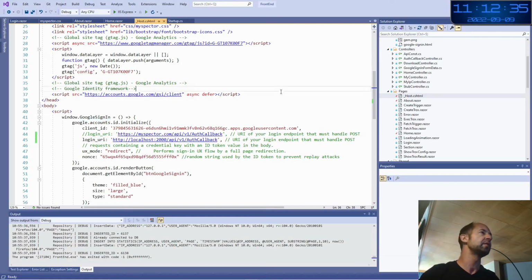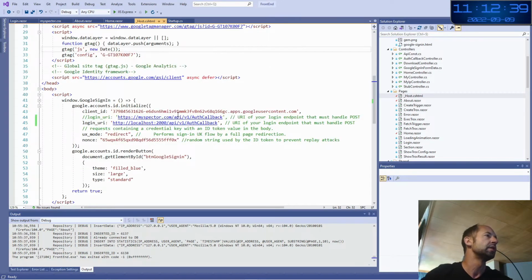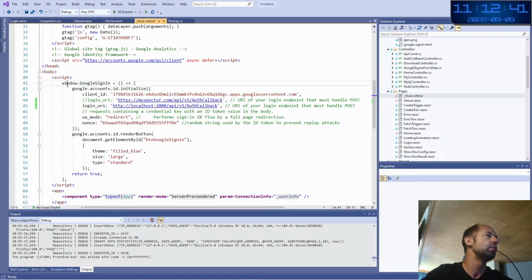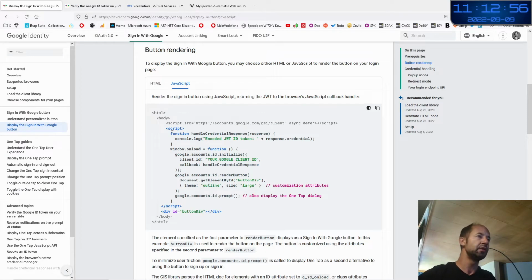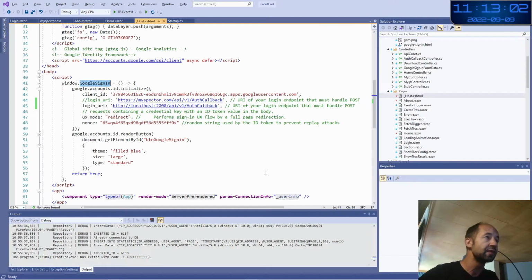So where is this in the code? In the code, you see I have here a window Google sign-in method that I have created. This is an object that I have created. This is the way Microsoft allows us to make some delegates with JavaScript to run. And if we look at this function, it is google.accounts.id.initialize.